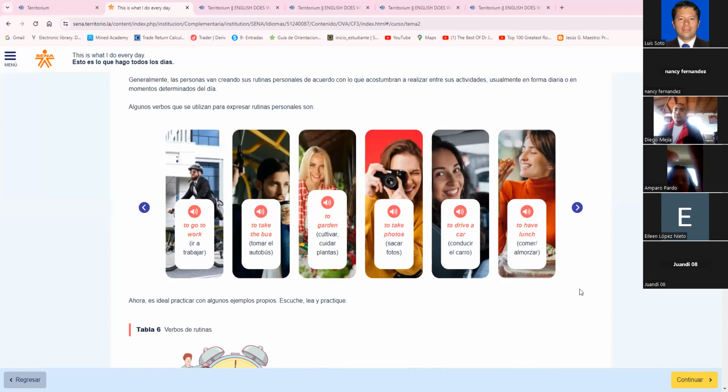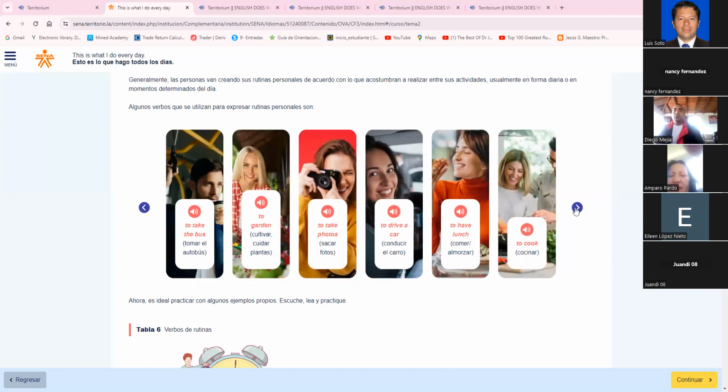El drive no es una F, es una V corta, es labiodental. Se colocan los dientes superiores, lo que llamamos los dientes de conejo, encima del labio inferior. Drive. Son los dientes lo que se coloca encima del labio inferior. Los dientes, no la lengua ni nada de más, sino los dientes superiores encima del labio inferior. Drive. Okay, to have lunch, to drive a car, to cook,